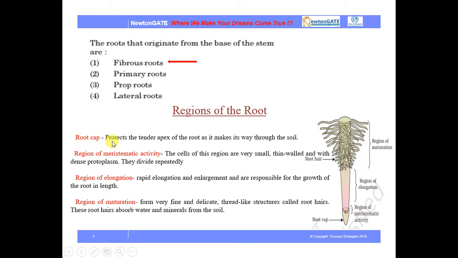So, the root cap protects the tender apex of the root as it makes its way through the soil. Next comes the region of meristematic activity. The cells of this region are very small, thin walled and with dense protoplasm. They divide repeatedly. So the function of this region is repeated division, okay, and the function of the root cap